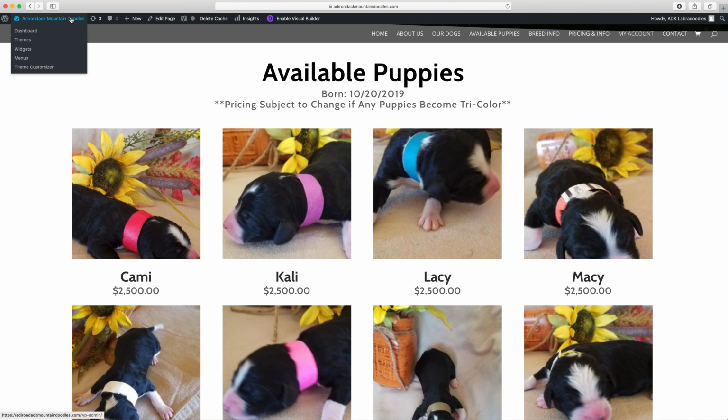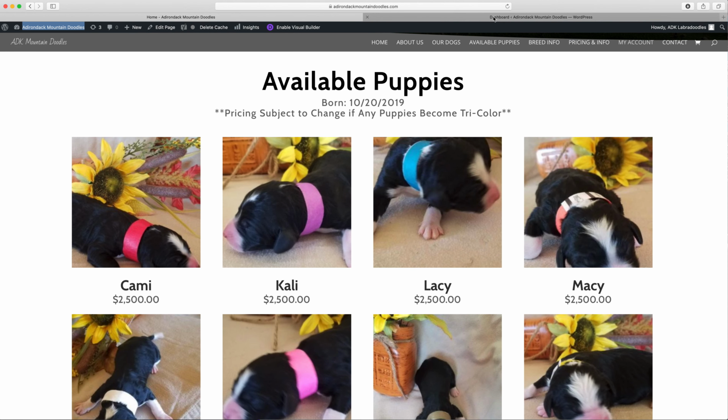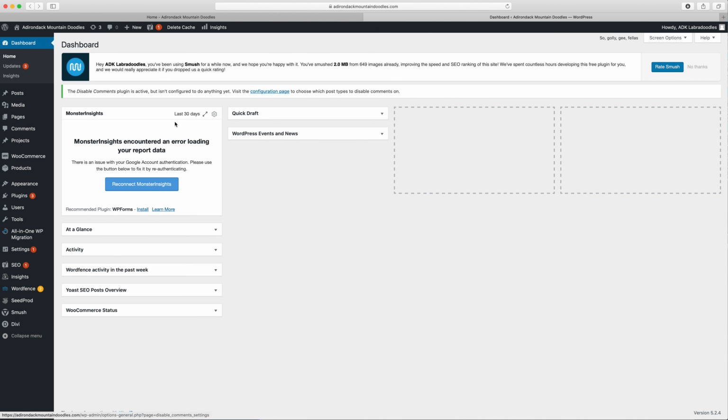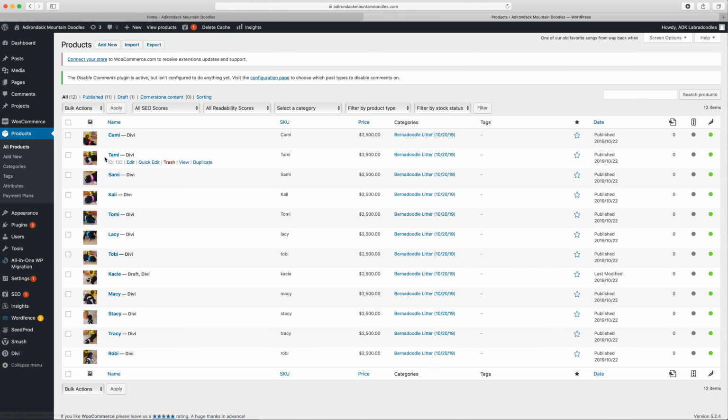And so the first thing we need to do, I'm going to leave this page open so I can refresh it and see how the changes look. But we're going to go into the administrator side, which I just sent you some password information for. I'm just going to open this in a new tab so that I've got two tabs open up here at the top. Now in the products section, I can go into any product, which the dogs are the products, obviously. And so I'll go into the first one, Cami. And when I come into this,